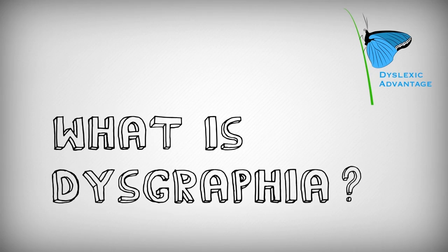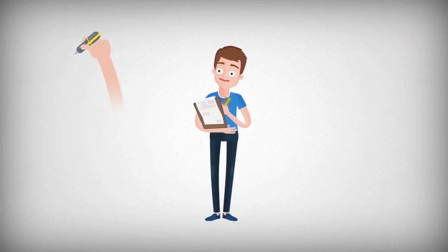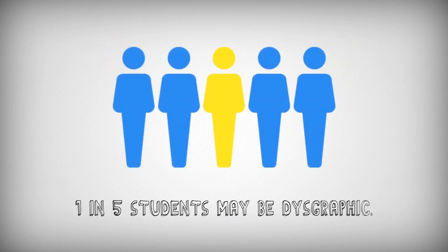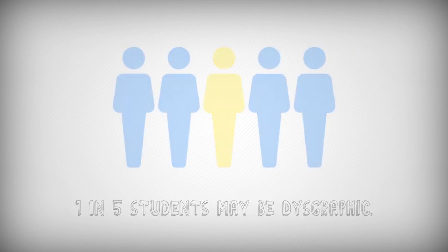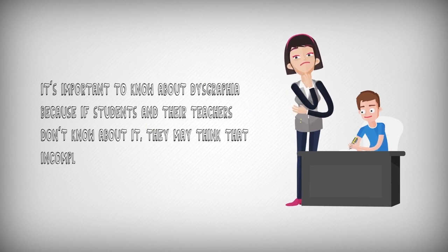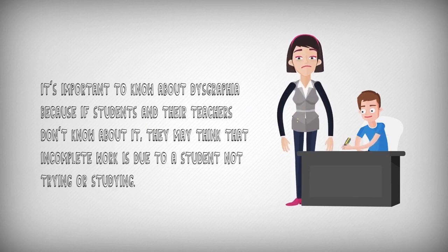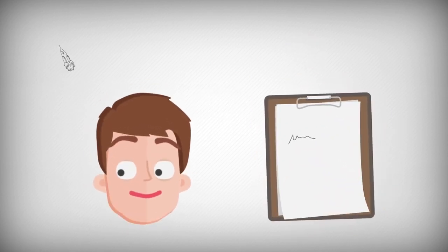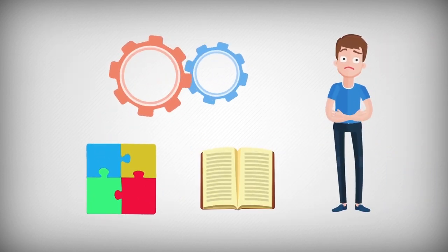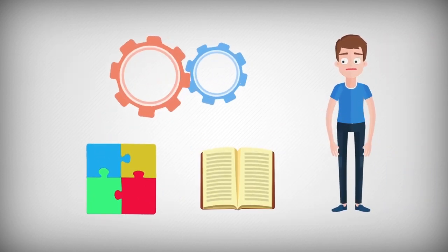What is dysgraphia? Dysgraphia is an unexpected difficulty in writing in students who are otherwise intelligent and talented. Researchers have shown that as many as 1 in 5 students may be dysgraphic. It's important to know about dysgraphia because if students and their teachers don't know about it, they may think that incomplete work is due to a student not trying or studying. What's really happening is that there's a discrepancy between what that student knows and what they can get down on paper. Failure to recognize dysgraphia can lead to a lot of stress for students and their true ability not being